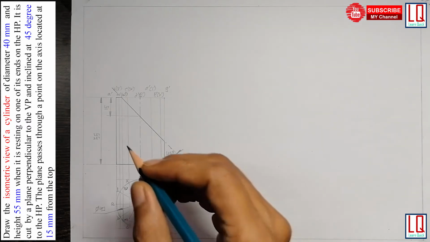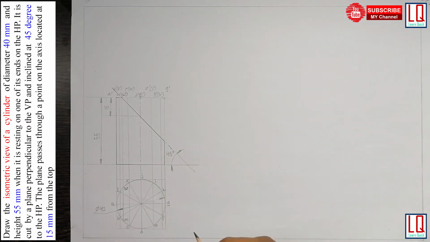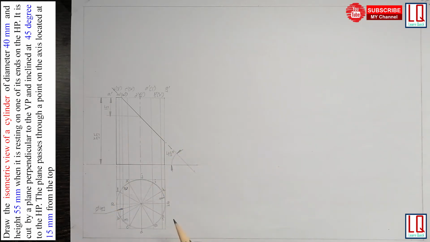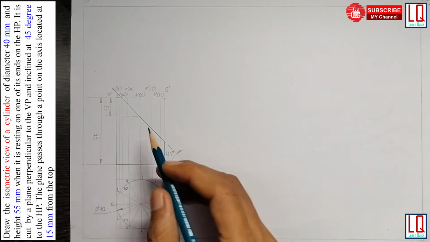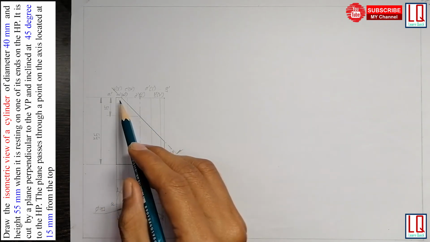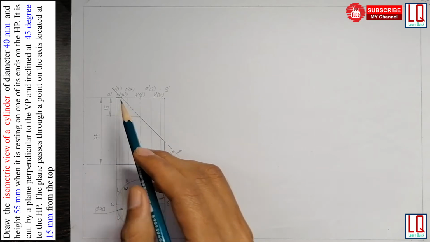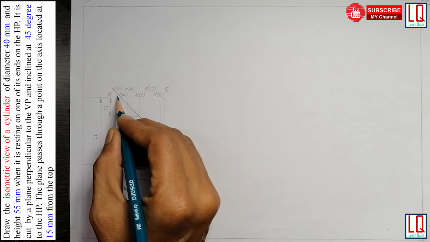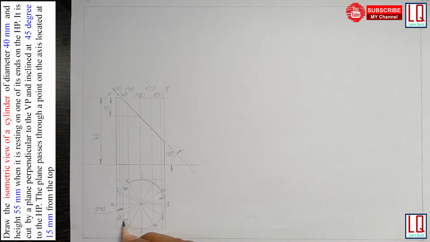Now let's mark the cutting plane in front view and top view. So already the cylinder has been created with many arbitrary points from A to L. Totally we have 12 arbitrary points, and then we are going to letter the cutting points. So this cutting plane cuts the top surface, the top circle of the cylinder. So we have named M dash. So this point which cuts the top surface is M.